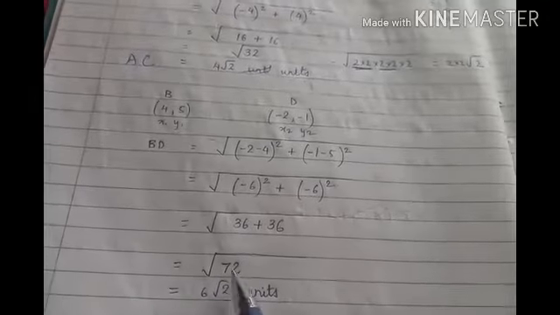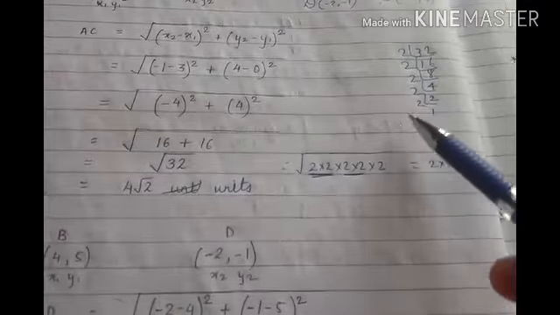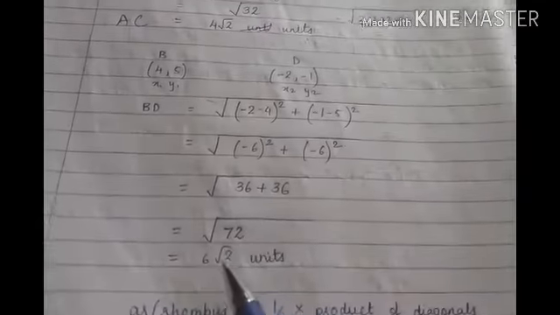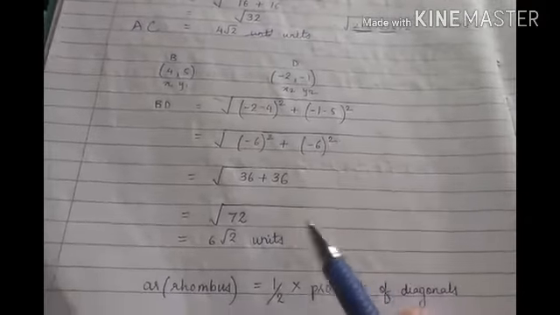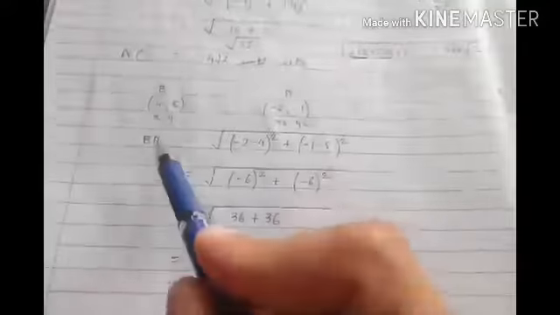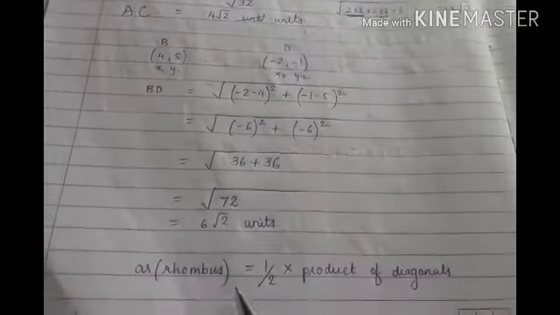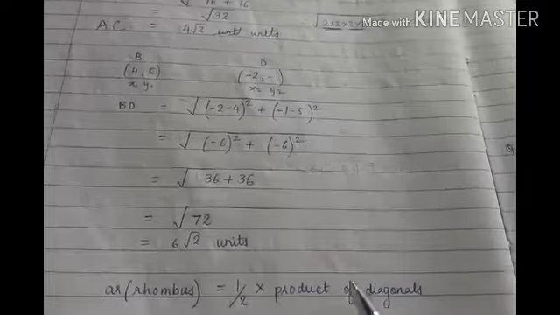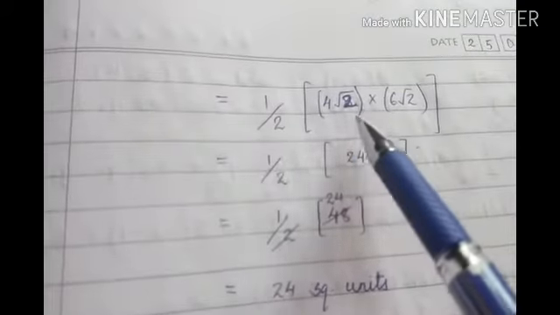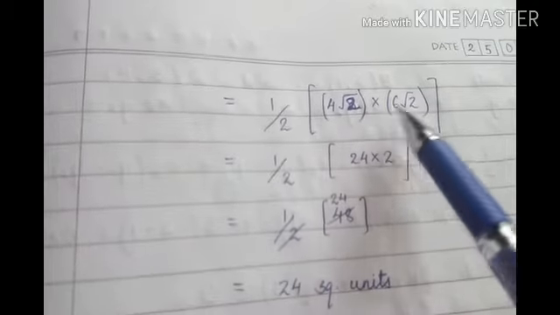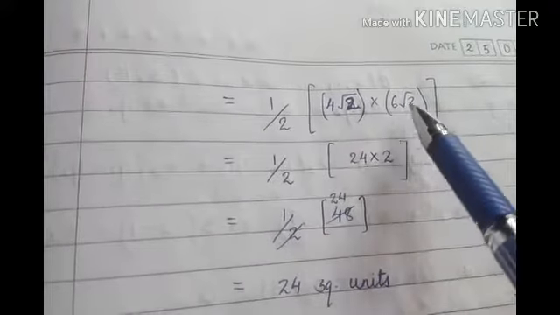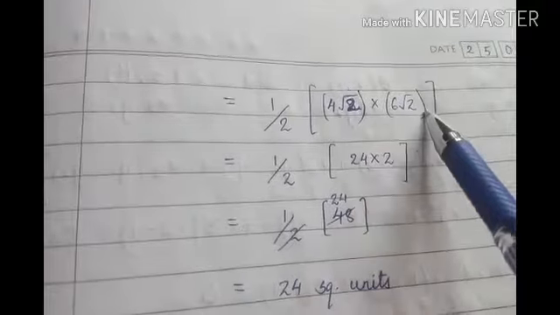This is very important, that you have to find the factors, the way we have found factors here, and then you have to substitute, and then you get here 6 root 2 units. So area of rhombus is what? One diagonal is 4 root 2 units. The other diagonal is 6 root 2 units. So area of rhombus is half into product of diagonals. Product of diagonals means what? Half multiplied by one diagonal 4 root 2, other diagonal 6 root 2. Product means multiplication of 4 root 2 and 6 root 2.